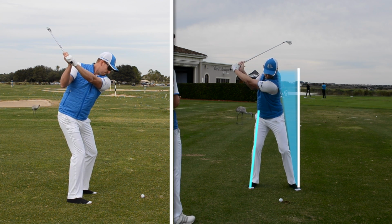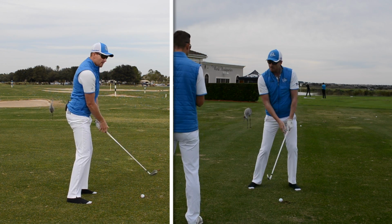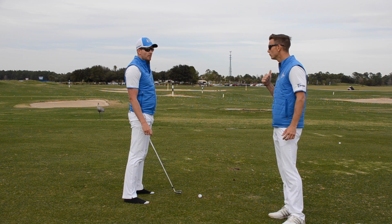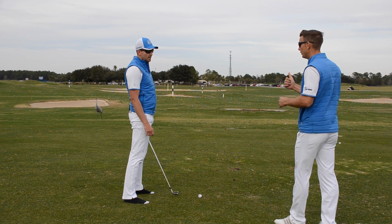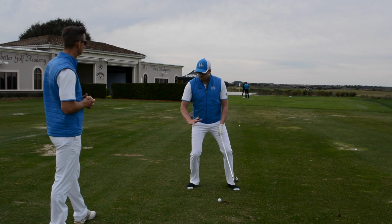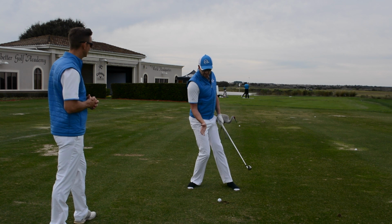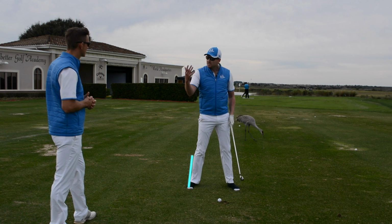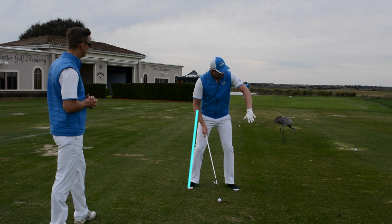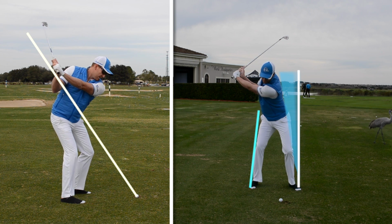So it's a lot more restricted, and you can see from Lydia's changes, her golf swing's a little shorter now, a lot more stable and restricted, but that really does help her then load into this trail side, but then push back and get that weight shift moving back towards the target, which is crucial for power, but also getting that contact good as well. Yeah, and we saw from her old swing that it was almost getting this massive wind up on the way back and moving laterally, and then a massive rotation on the way down, but never really getting toward the target. Same for people, if you move over here, you may not get back over toward the target. So by having these knees wide, getting to the top, getting a good wind up, getting that lateral bump,